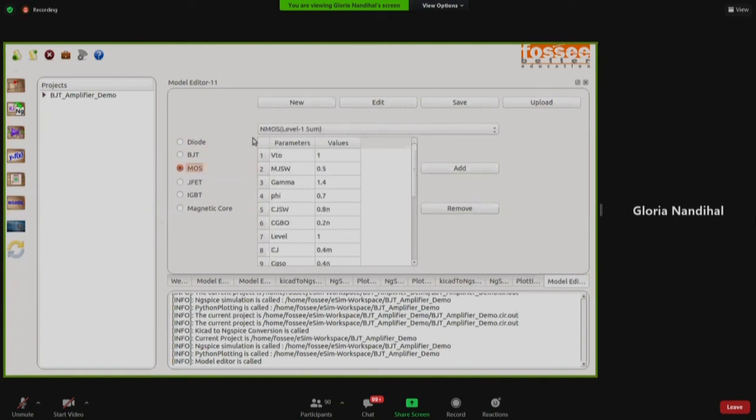So are you clear till here, ma'am? How to choose the templates? Yes. Ma'am, actually, I have a doubt over here. When we are modeling these, the references should be taken from some data sheets or something like that, right? Yeah, ma'am. Like I said, if you see the NGSPICE manual, you can see that each and everything has an equation for it. You have to look for a data sheet, take some parameters from it, and then you have to model it. For diode, it is fine.